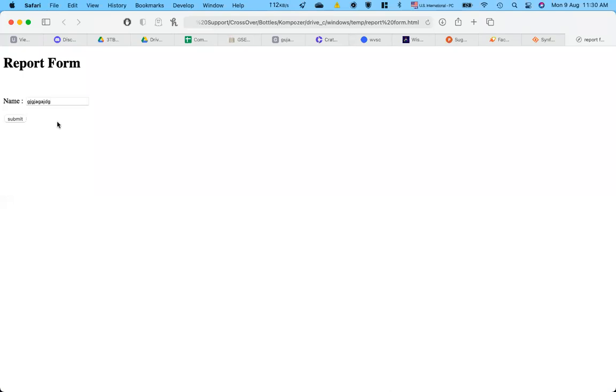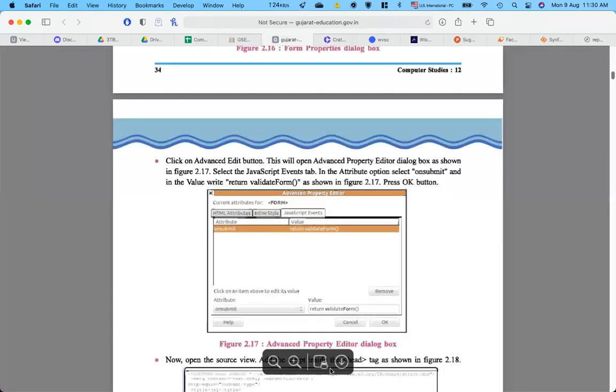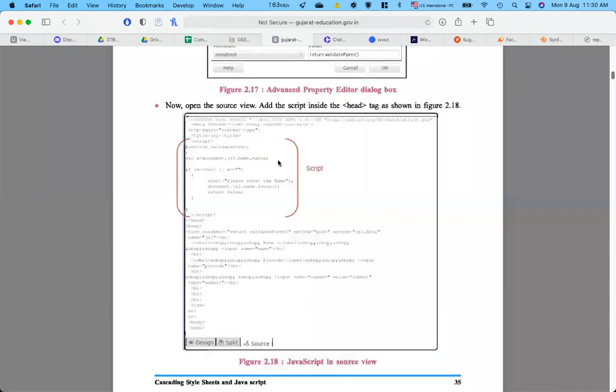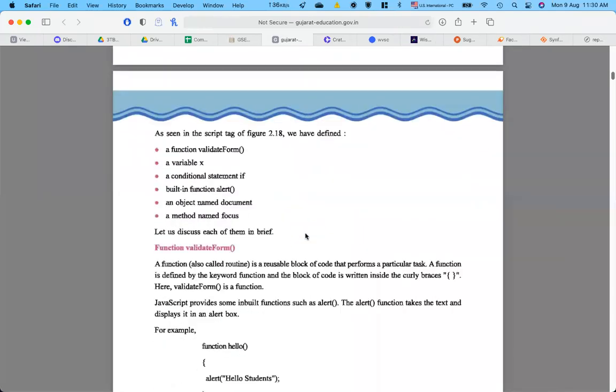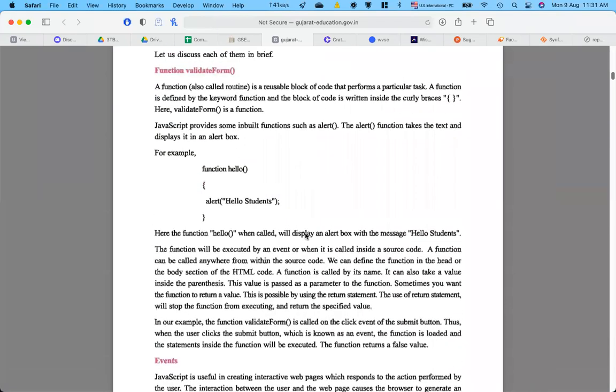The next thing we will be adding here will be the phone number of the user. We'll also follow our book now. If we see the book example here, they have gone for this validation and explained all the different elements. Our coding is almost similar to the one given in the book, and we have already seen the explanation of all these basic terms, that is, what is a function and what is validateForm here.